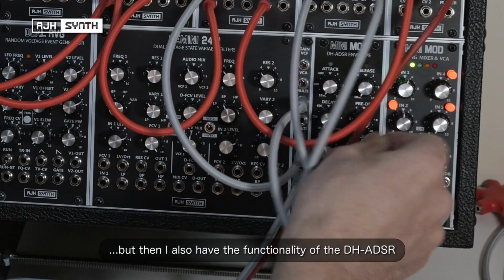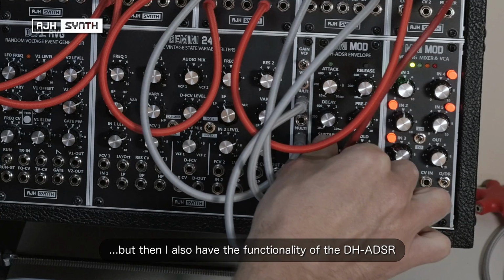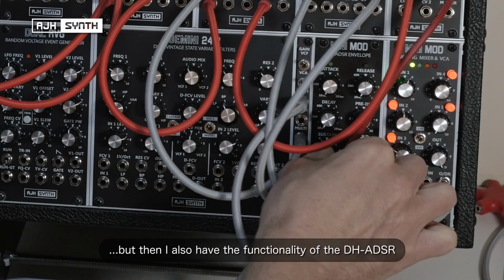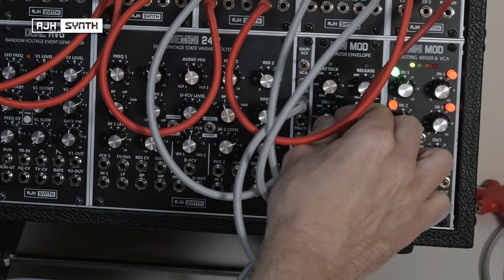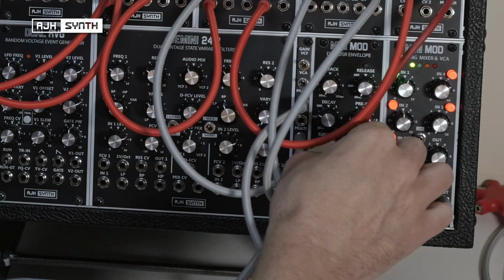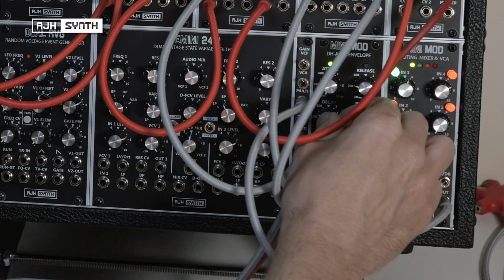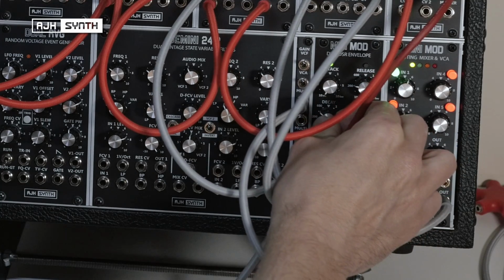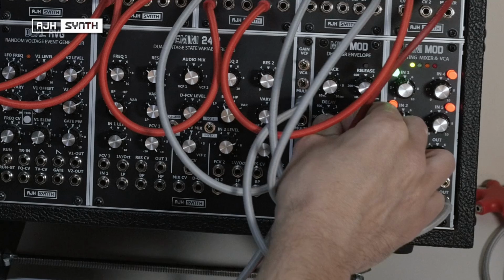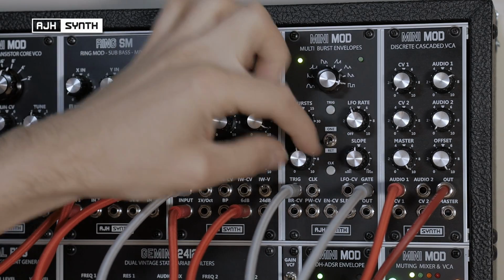But then I've also got the functionality of the HADSR. So if I back off a sustain to 50% and increase the decay, and then give it some release as well, and then change the pulse width,